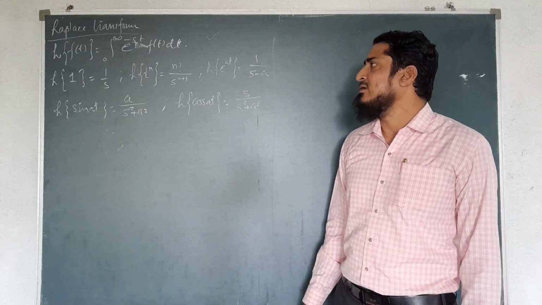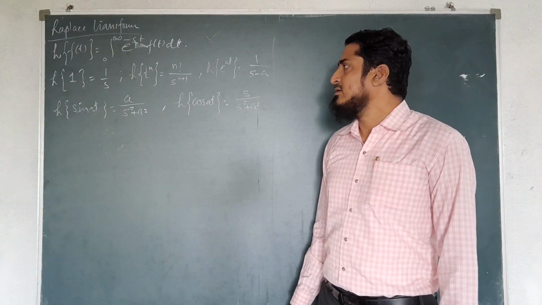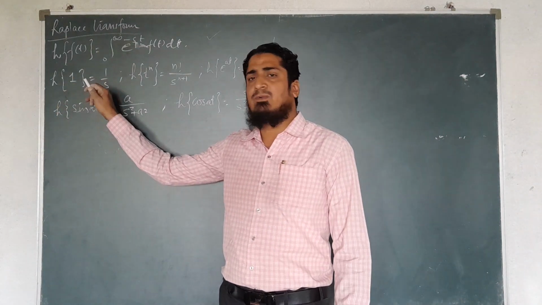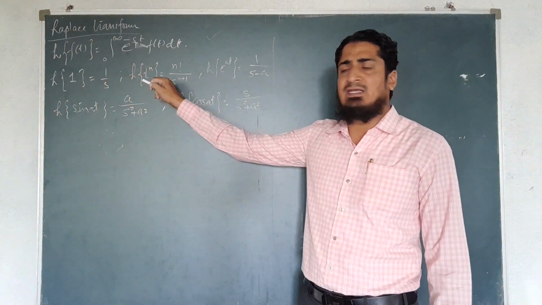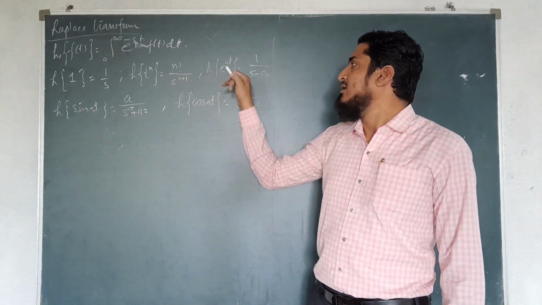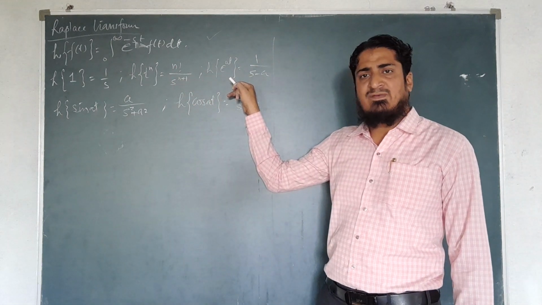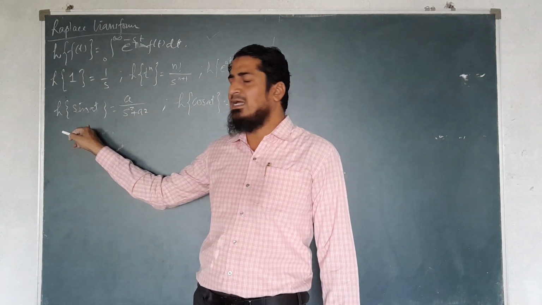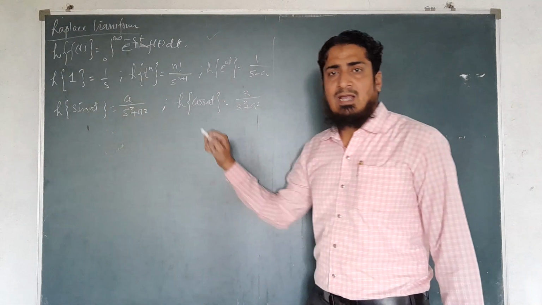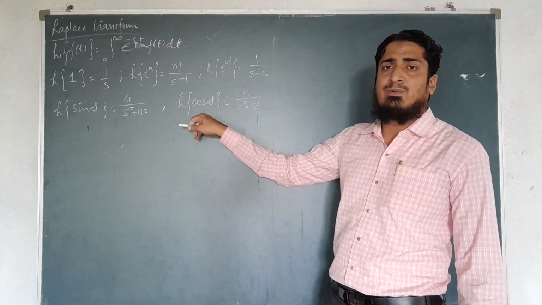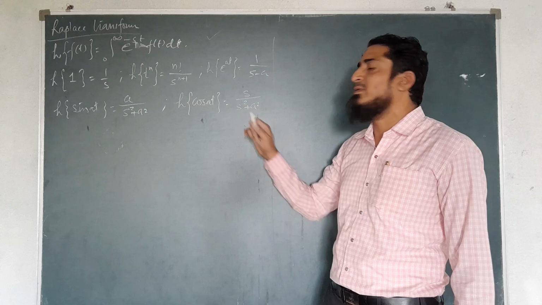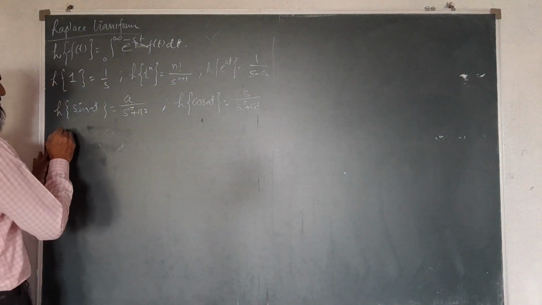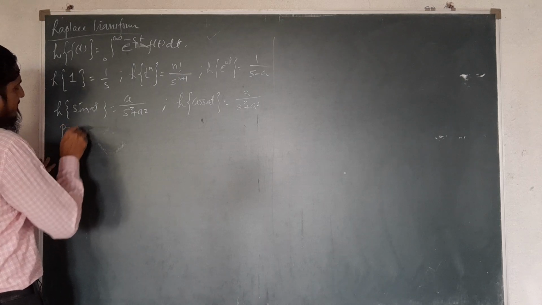And we have found some results for basic functions, such as the Laplace transform of 1 is 1 upon s, then the Laplace transform of t raised to n is n factorial upon s raised to n plus 1, then the Laplace transform of e raised to at is equal to 1 upon s minus a, then sine of at is equal to a upon s square plus a square, and the Laplace transform of cos at is equal to s upon s square plus a square. After that we have seen the properties of the Laplace transform,